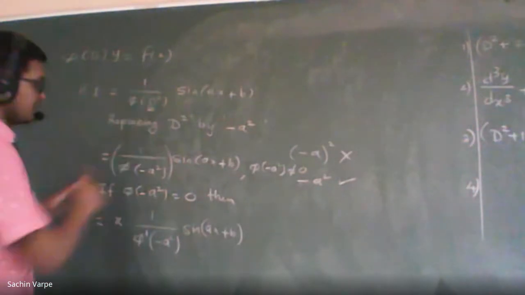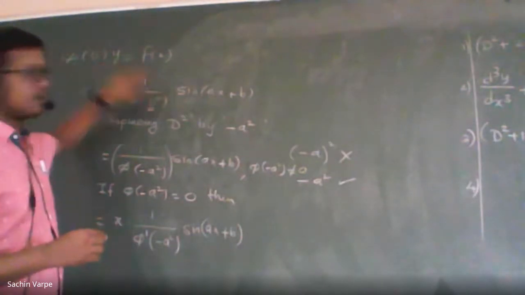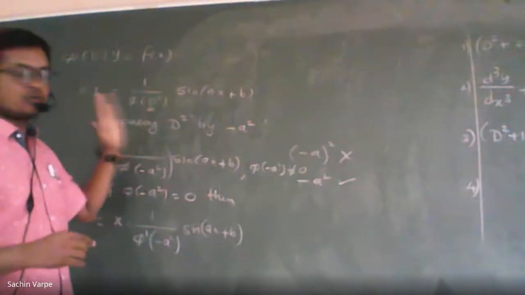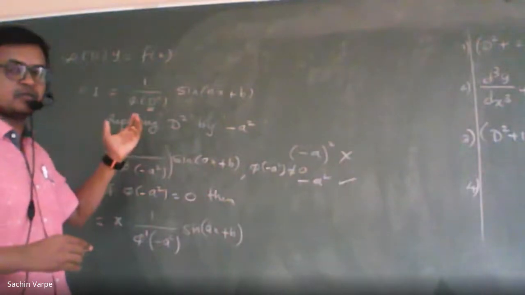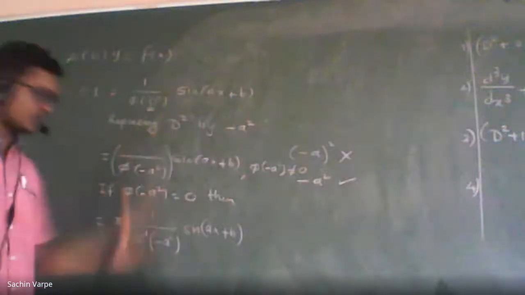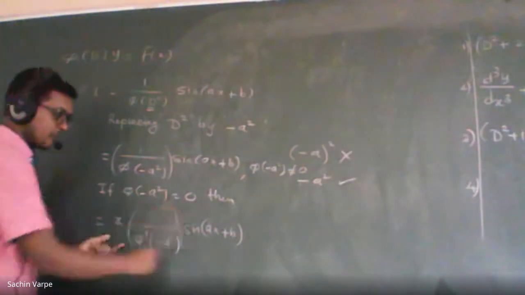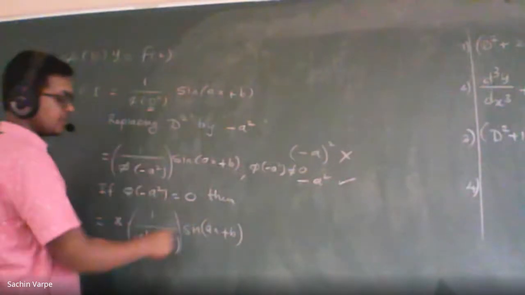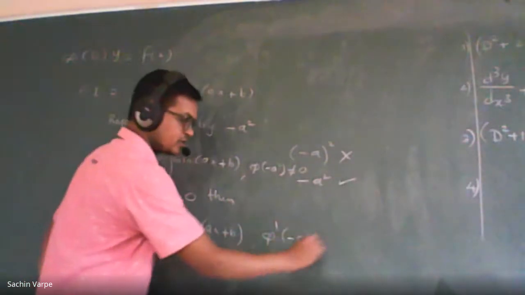Here, we have considered the standard dependent variable as y and the independent variable as x to discuss the case, but that is not always so. That depends on the differential equation given. Sometimes the differential equation will be given in terms of x and t, so x will be dependent and t will be independent, and accordingly we have to write this. So independent variable times 1 upon the derivative of that operator, and in that replace D square by minus a square, into sine of ax plus b, provided that phi dash of minus a square